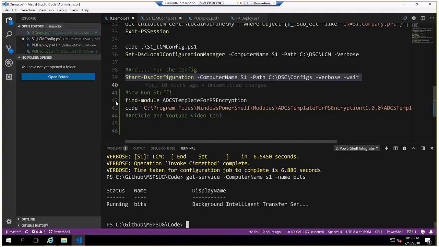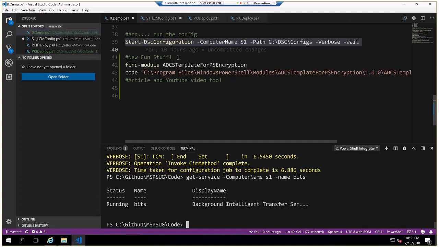I do have a couple more things to show, and I call it new fun stuff. At the PowerShell Summit this year, Ashley McGlone, a former Microsoft PFE, who does some work with ADCS and DSC, presented his module called ADCSTemplate for PS Encryption. It's out there on the gallery. I downloaded it today, so I don't have to do the Find-Module